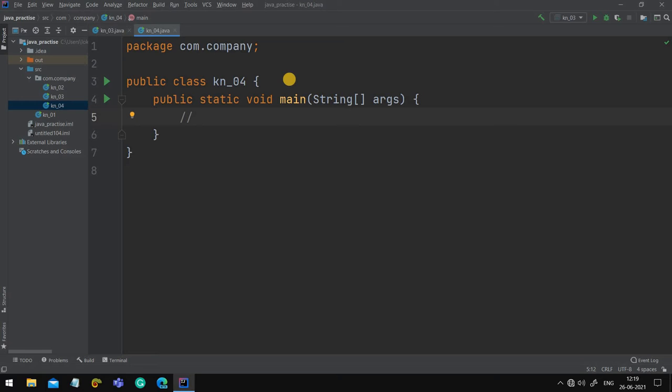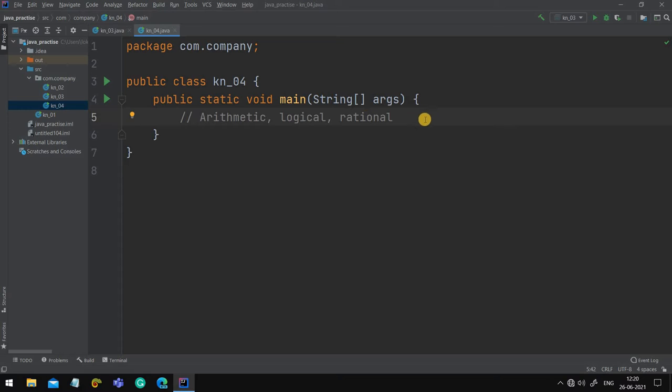See, there are basically 3 types of operators present in Java, on the basis of their function. Those are arithmetic operator, logical operator, and at the end, relational operators. Now these are the basic forms of operators present in the Java programming language, and as the name suggests, you can get to know what function they are doing.